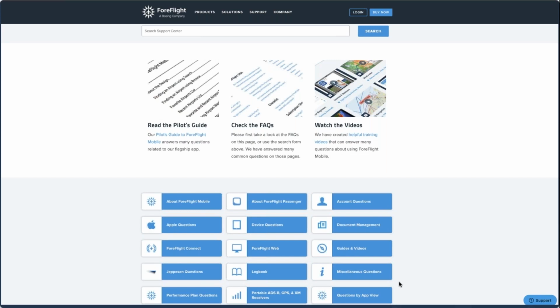Not every part of the pilot's guide is going to be applicable to your flying or your subscription level, but I think it would be worth your while to sit down and spend some time in the pilot's guide. Again, speaking of subscription levels, everything you're going to see as far as an iPad, we're using Tim's iPad today. We have it set up for a basic subscription so that these features will be available to everybody who's viewing this